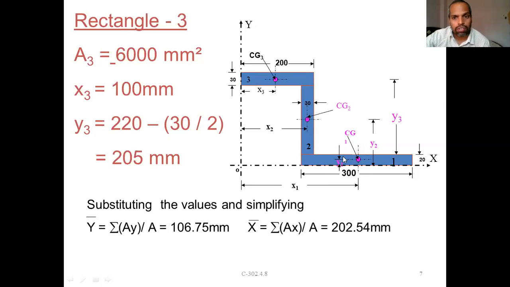Not towards this point, it is here, because there is more area on this side compared to this side. That's why it is beyond this point. This flange is distributed over a large area on this side. So you have to sum,